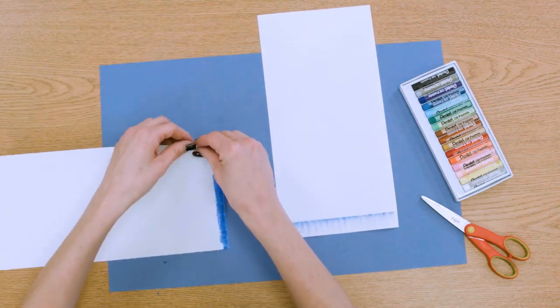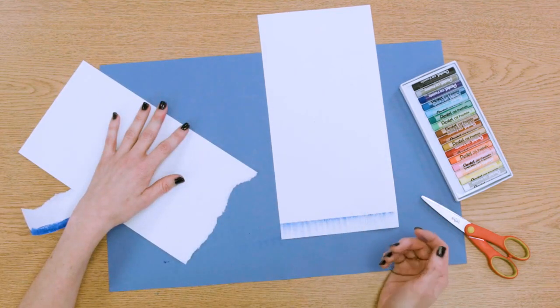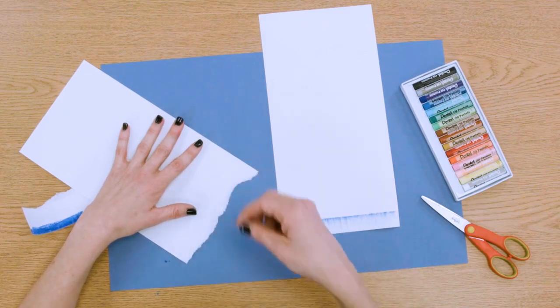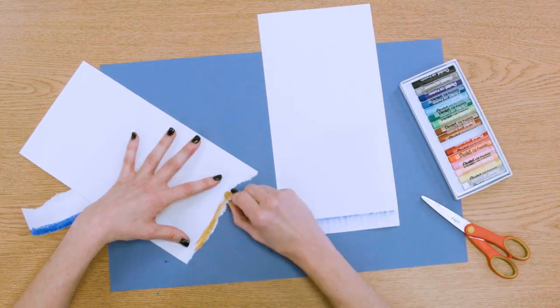And one great technique is just to go ahead and tear the paper off. And you can tell your students it doesn't matter if they get a straight line or not, because it contributes to sort of the organic feel of the overall piece if they get a bump while they're tearing it. So I'm going to go ahead and make maybe some sand next to my water. We'll do a beach scene